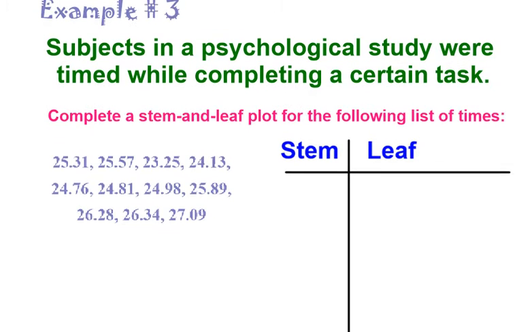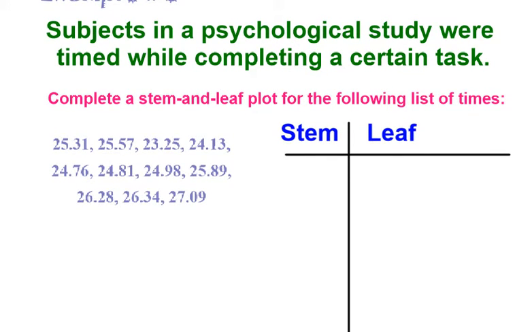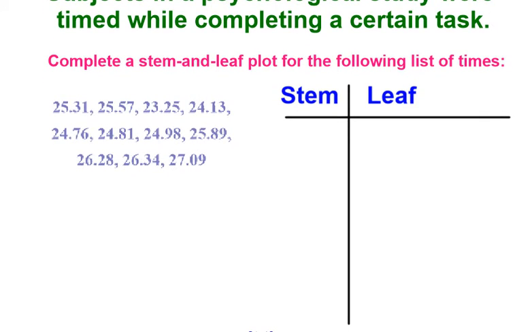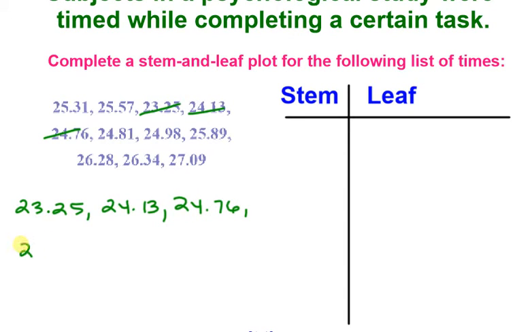All right, so again, we have some subjects completing a psychological task, and again, we need to go ahead and create a stem and leaf plot. So let's go ahead and put these in order. So it looks like 23.25, 24.13, 24.14, 24.76, 24.81, 24.98,